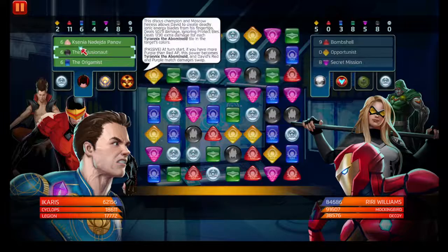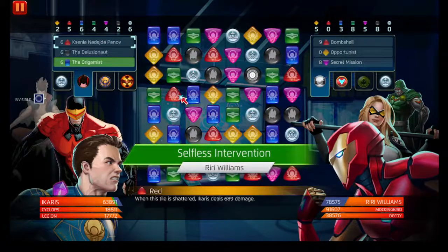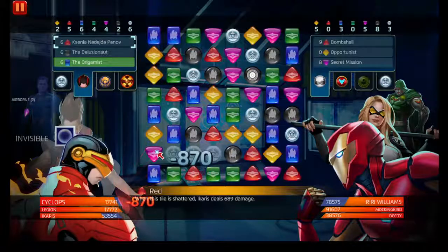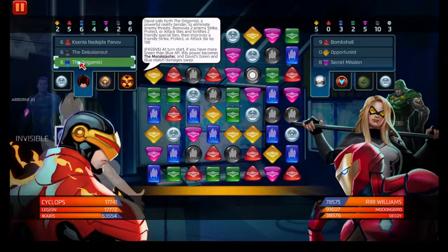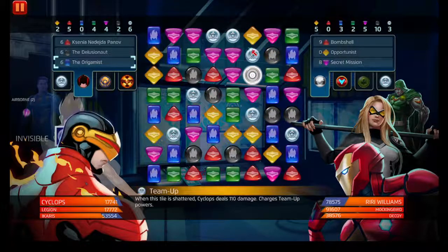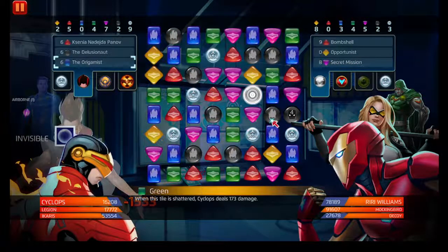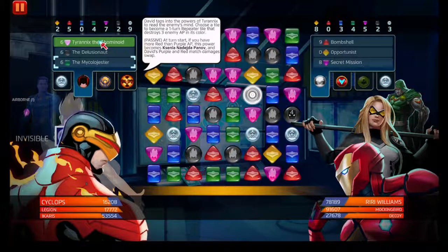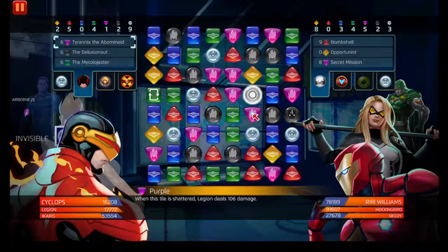Alright, now he'll swap to the Delusionist. Send him airborne. Use the Origamis to protect his black tile. See, and that's the reason why I fortified it. Now put that on red, on green, and now